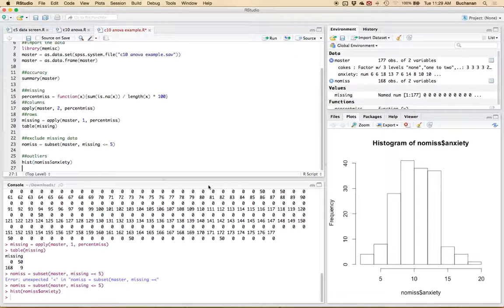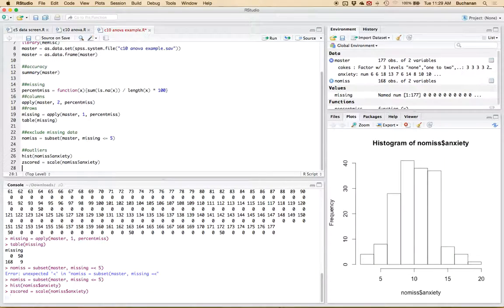mean. And since I only have 1 column, Mahalanobis distance won't run because it requires at least 2 columns to create the covariance between columns. So in this sort of sense, because I only have 1 DV, I need to use z-scores. Okay. And so I'm going to create a z-scored anxiety column by using the scale function. And that means I need to do no miss,